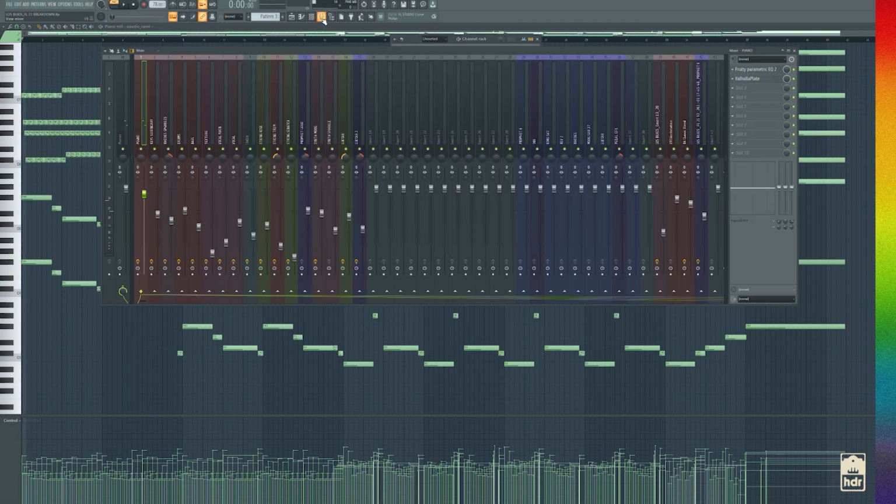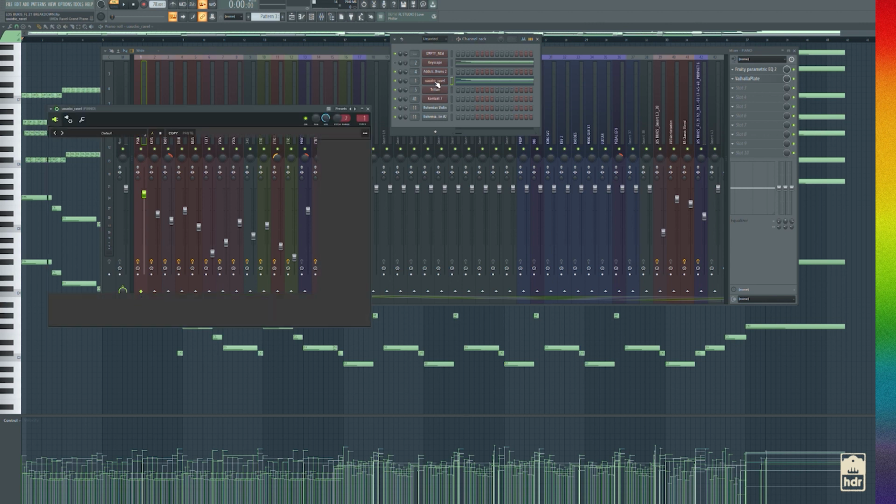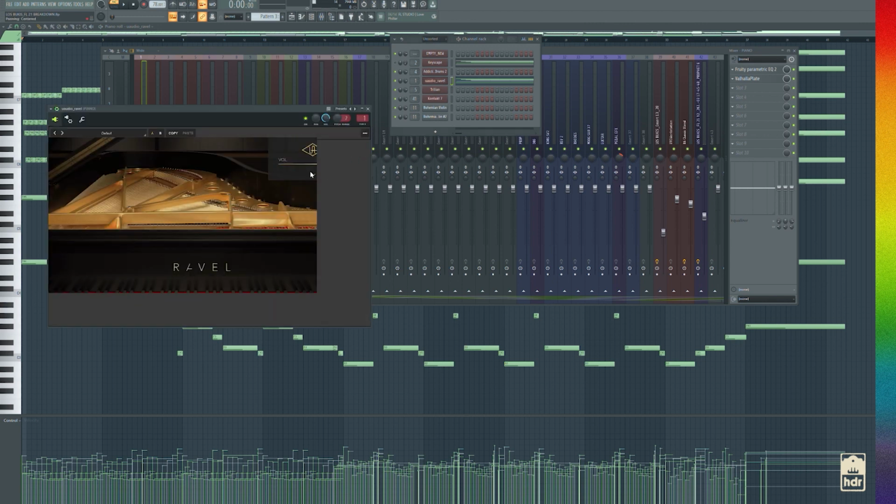So yeah, the keys sound really clean, realistic to me at least. I didn't really change much to the preset. I think there's not a whole lot that you can change in the plugin. Oh man, this thing is bugging. Let's try that again. Anyways, there would be something here.